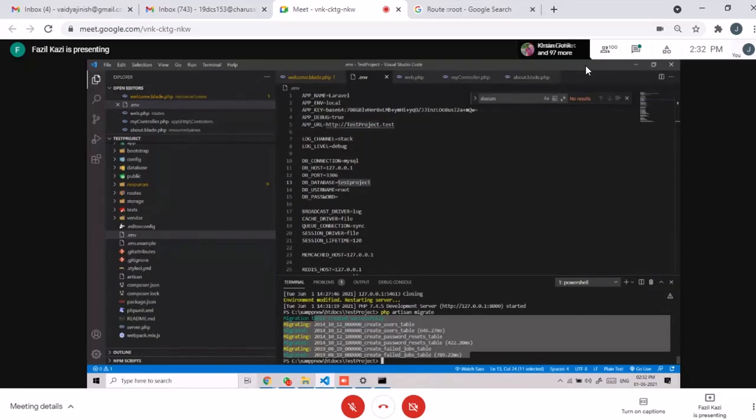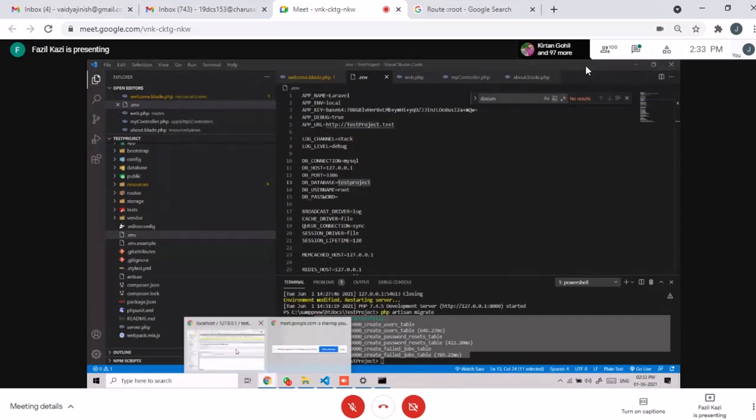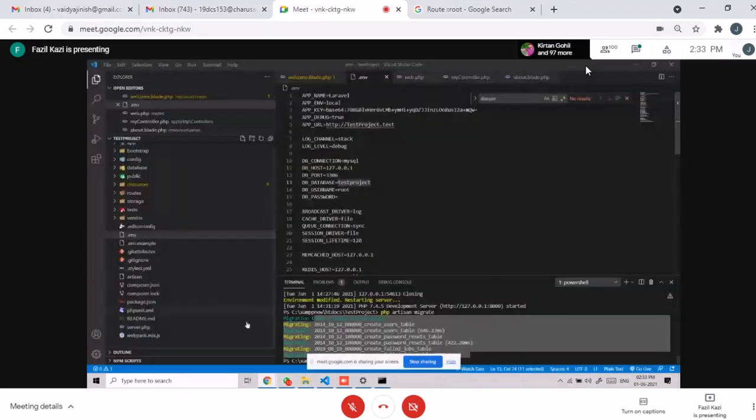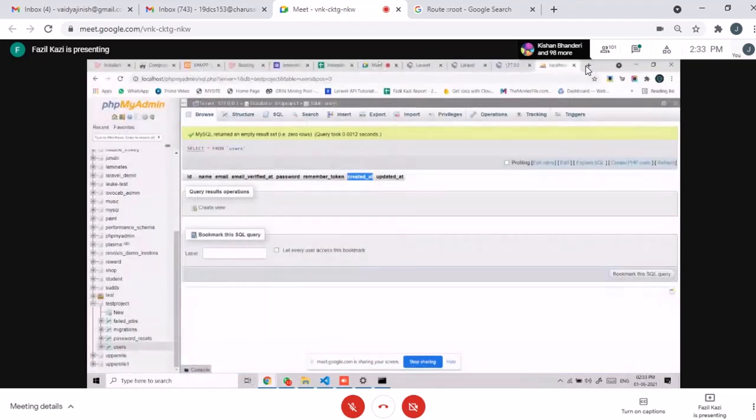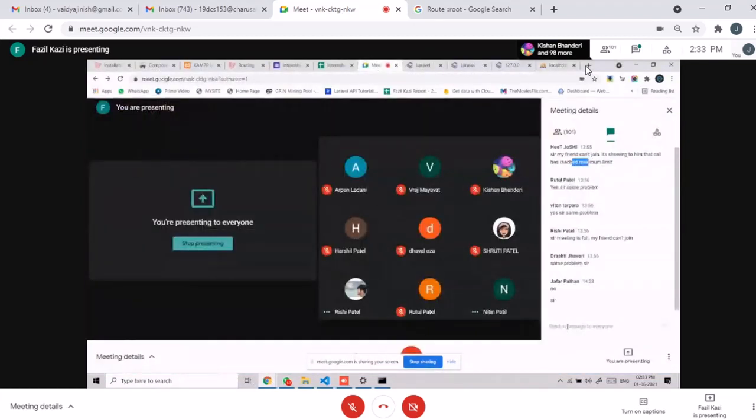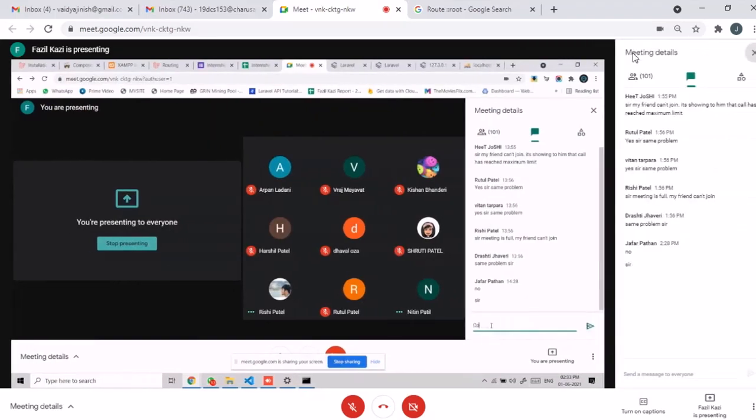For Laravel, to install it globally, I can write the command in the chat, so you can copy it. First of all, you need to install Composer. Then you have to type this command.